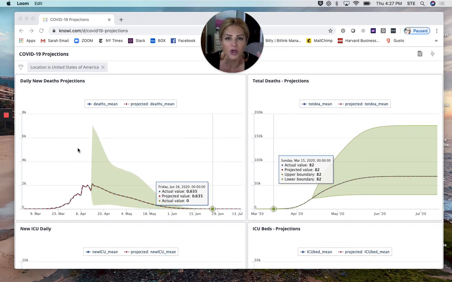We invite you to go into this COVID-19 projections dashboard, play around with it, look at the data, and we'll continue to make updates to our dashboard to make sure that our dashboards are as relevant as possible to give